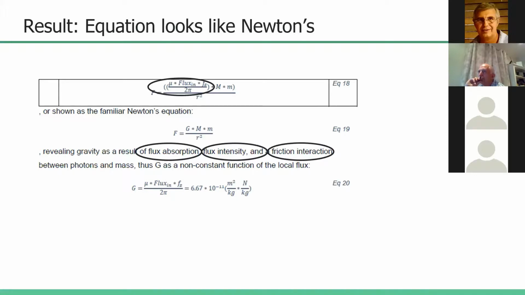The result, though, was that here I come out and now I say that there is this flux that none of us know about, but if it exists, this is what the equation would look like. The big thing to take away here, and this is the first kick on the shin, is that the gravitational constant G is not a constant. Is it a problem? No, it isn't. I'll tell you now why.